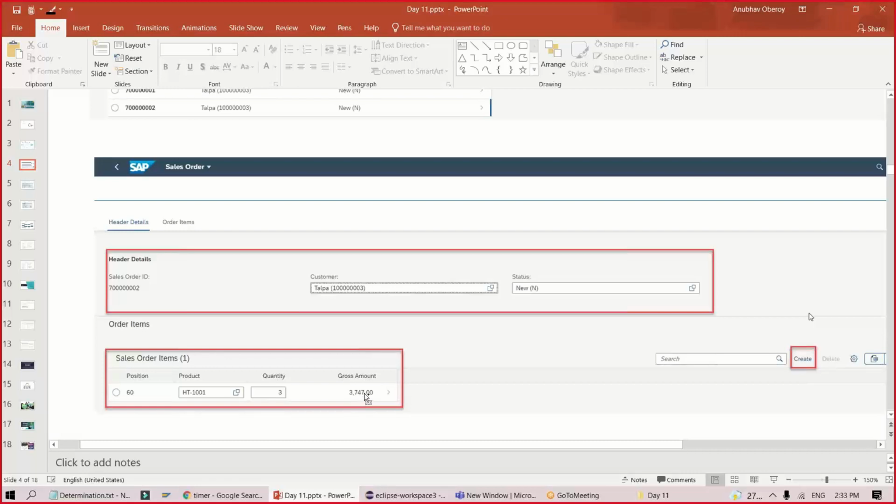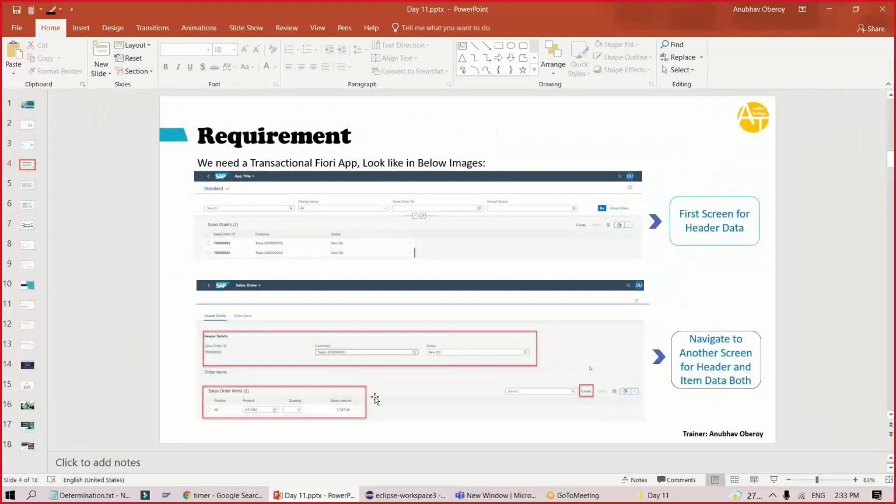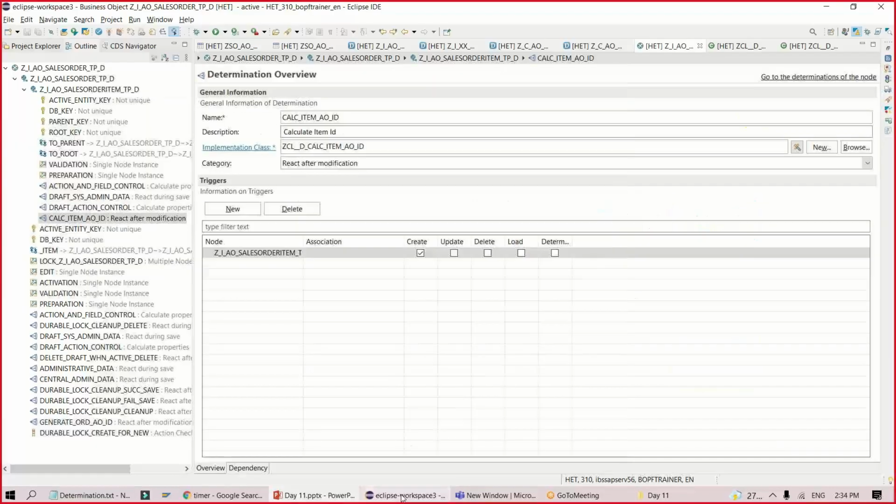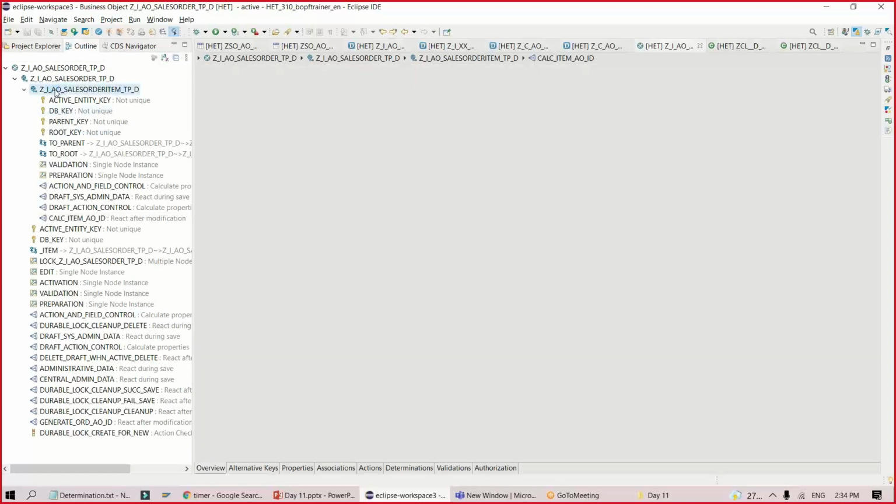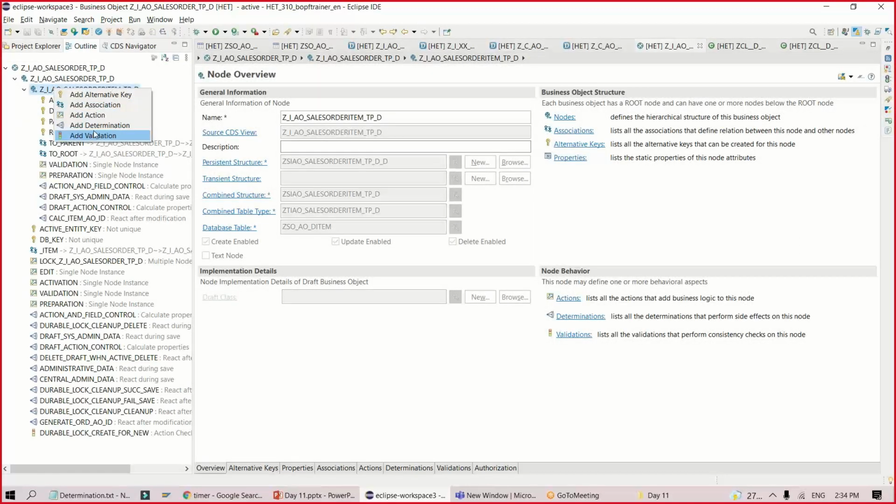To do that, we have to also add another determination, which is going to do this computation based on the price of a product after the product is selected by the user and a quantity is entered. So for that, we add the next determination in our business object at item level. I'll switch back and right click on item, add another determination